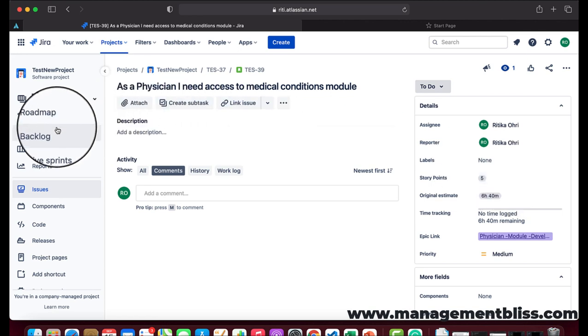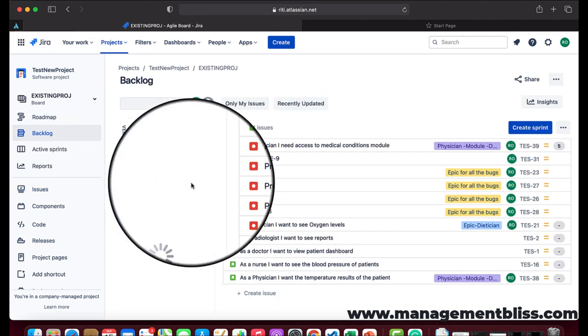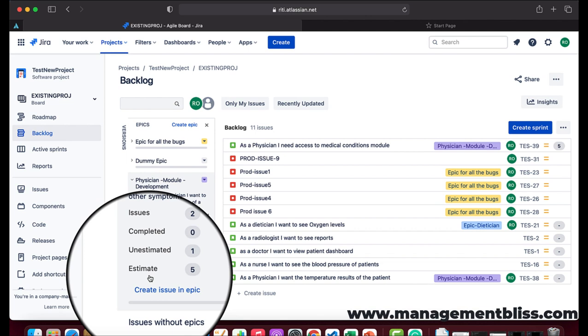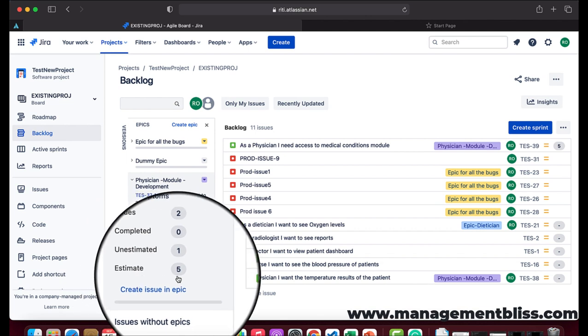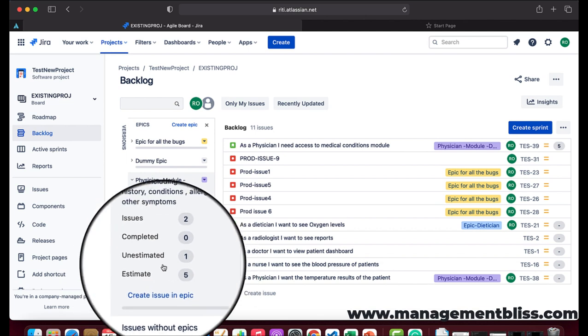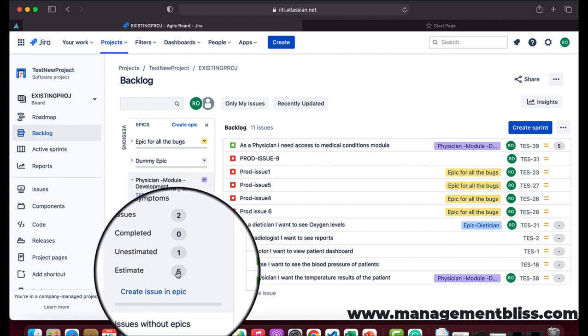Now let's go back to our backlog, see the epics panel, and it shows that estimation for one user story has been done, unestimated is done, and it also shows the particular estimate. If I click on it, it gives me a hover that it has been estimated for 5 story points.